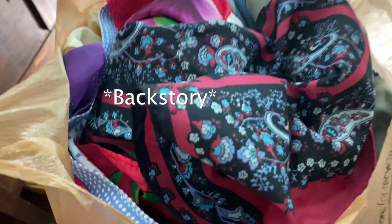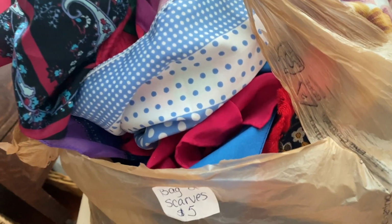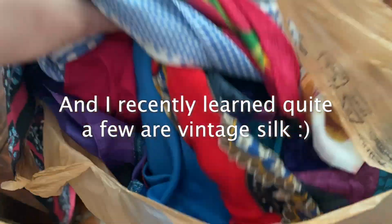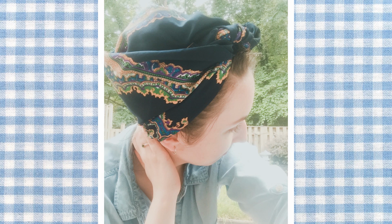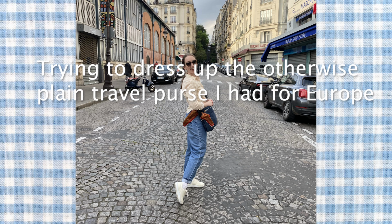A couple years ago, there was a neighborhood-wide garage sale and one particular house had a bag of scarves. It said $5 on the bag and I thought it meant $5 a scarf. Nope, $5 for the entire bag. What a deal. Now, I've played with some of these scarves here and there, mostly to wear as a turban over curlers or to tie in a purse as an accent of color, but hadn't tried out any other styles